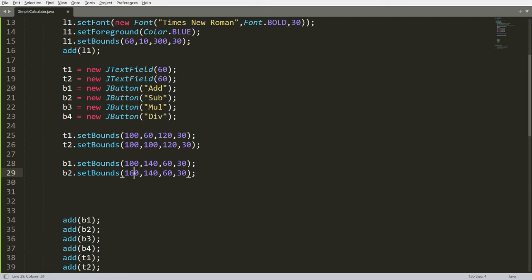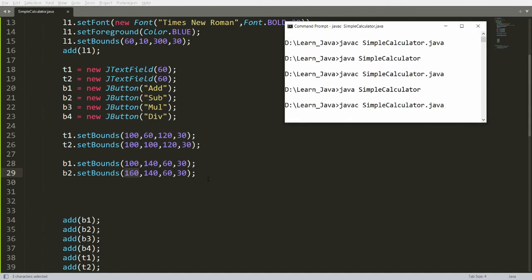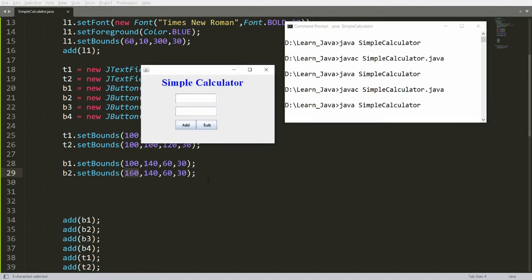Why 160? Because button 1 starts at 100 and its width is 60, so 100 plus 60 is 160. So I will start button number 2 from 160, right? If you want to put some space in between, then you can start from 165 also. Now you can compile and run. Whenever you run, you will get the two buttons, add and sub.